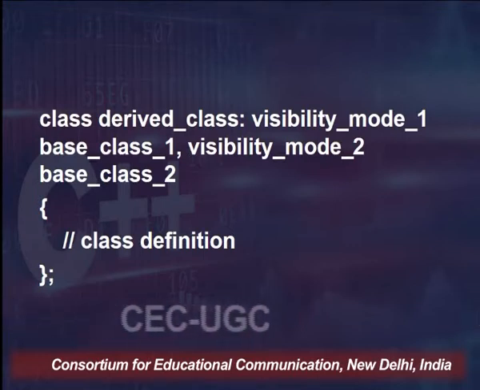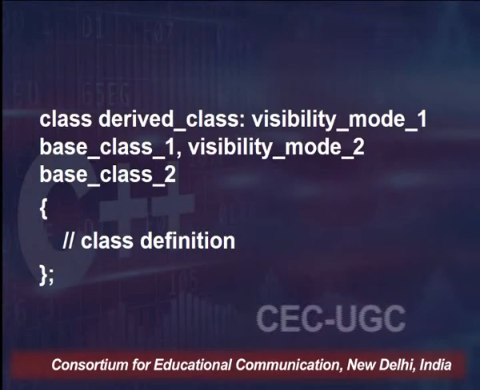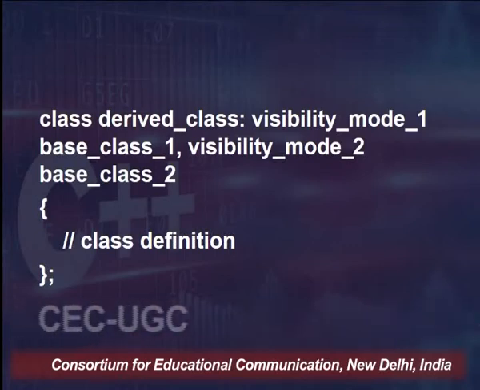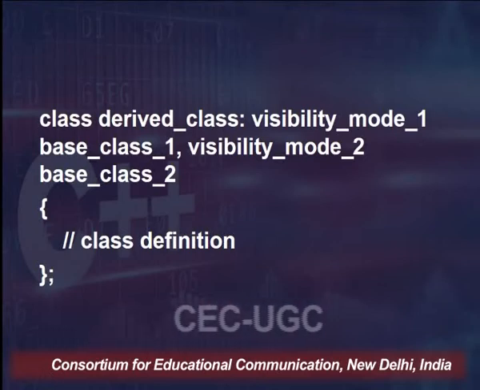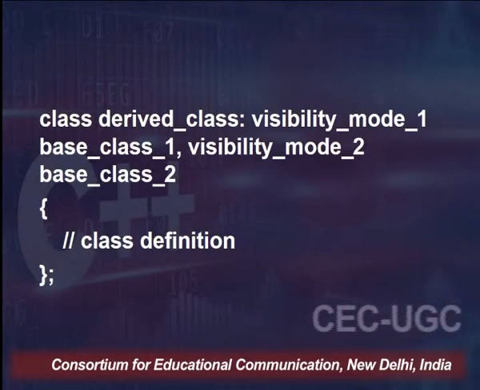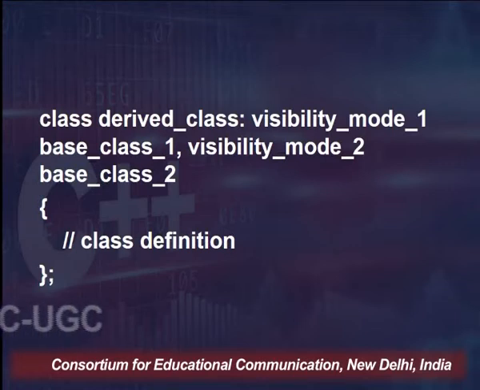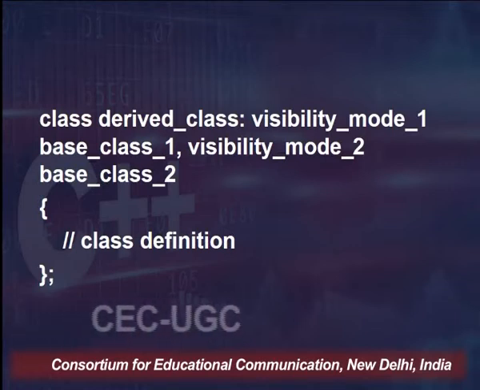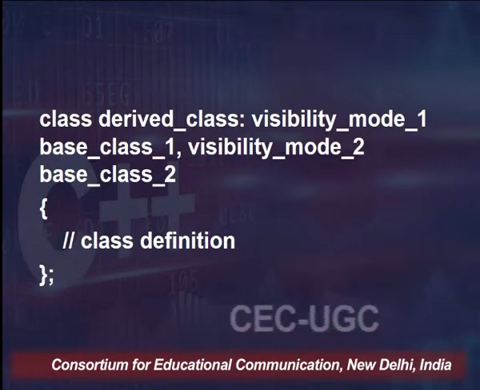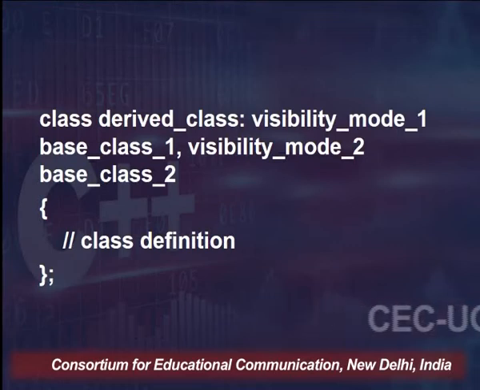Even if we have public visibility mode for both the classes, we need to specify it separately. That means we will say class derived class colon public base class 1 comma public base class 2. We cannot say public base class 1 comma base class 2, this will not go. So visibility mode has to be there with each and every base class, and then we have the class definition